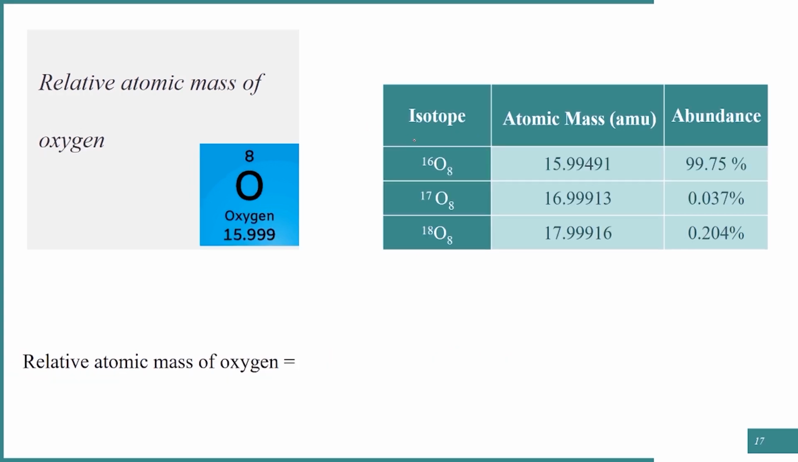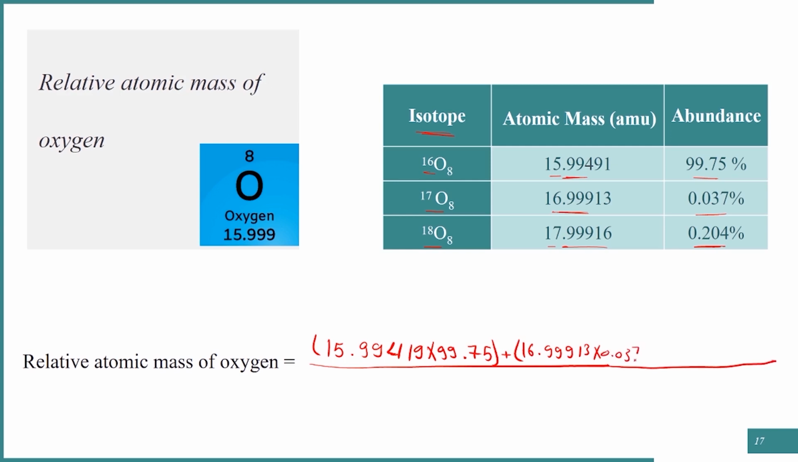On the other hand, oxygen has three isotopes, isotopes 16, 17, and 18, with atomic masses equal to 15.99, 16.999, and 17.999 atomic mass units. And the relative abundances of the three isotopes are equal to 99.75, 0.037, and 0.204%. The average atomic mass of oxygen is equal to the sum of the three atomic masses, 16, 17, and 18, multiplied by the percentage abundance divided by 100, which is equal to